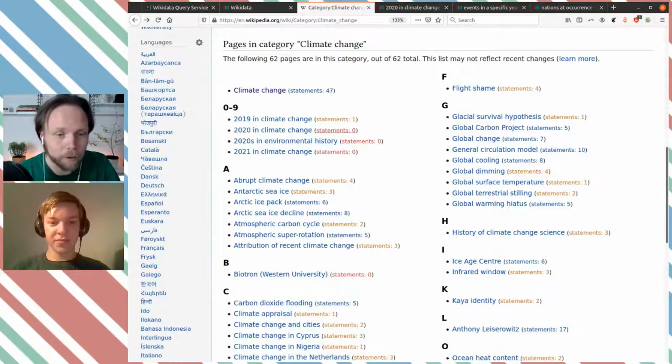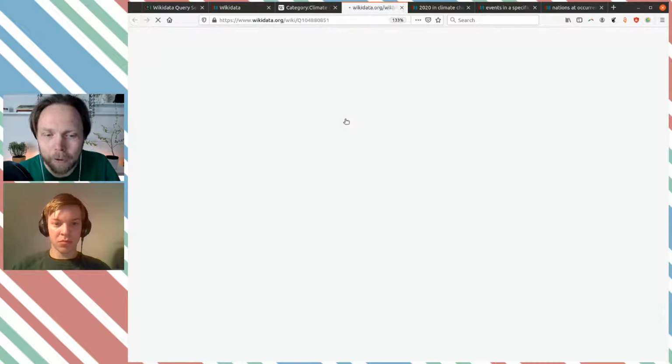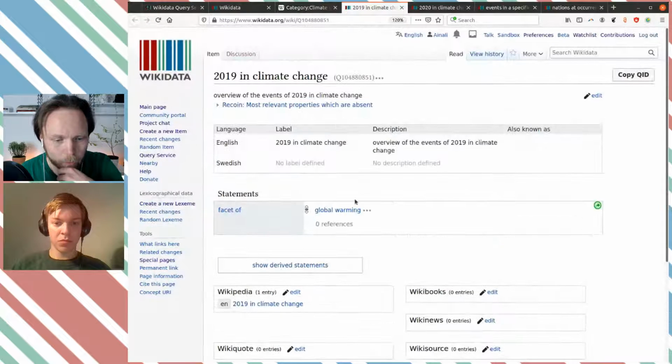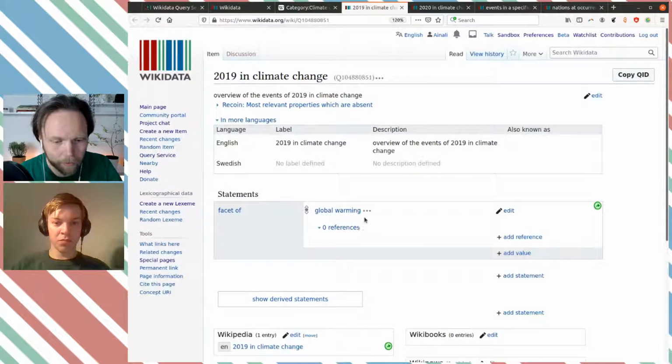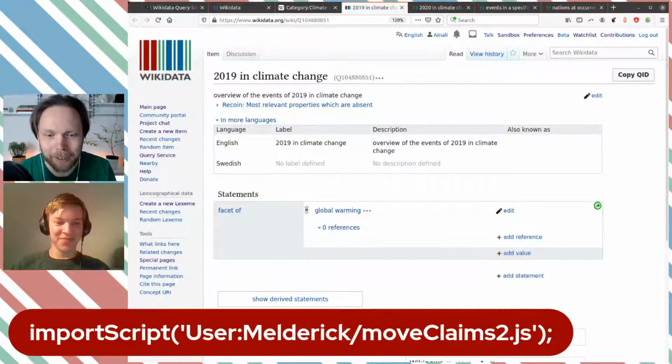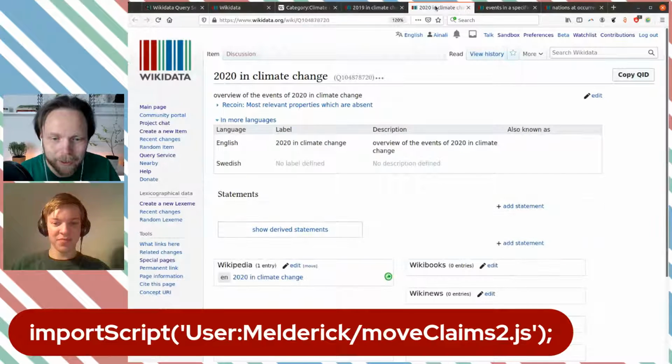So you'll have to follow along. Also, when you see several similar items, you can always look at one and see what it already has. Facet of global warming seems fairly good. So I'm actually just going to copy it, and I'm going to use another user script for that, the move claims tool. We've been talking about that a lot, but it's very easy because then you can just